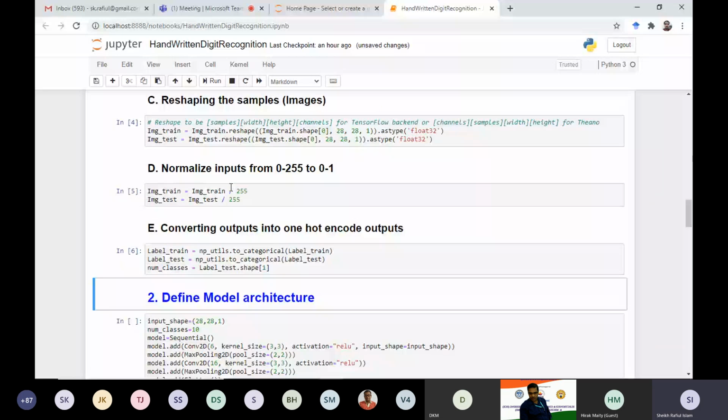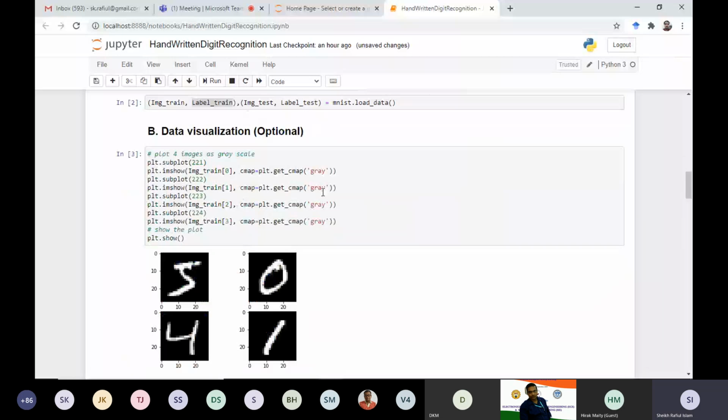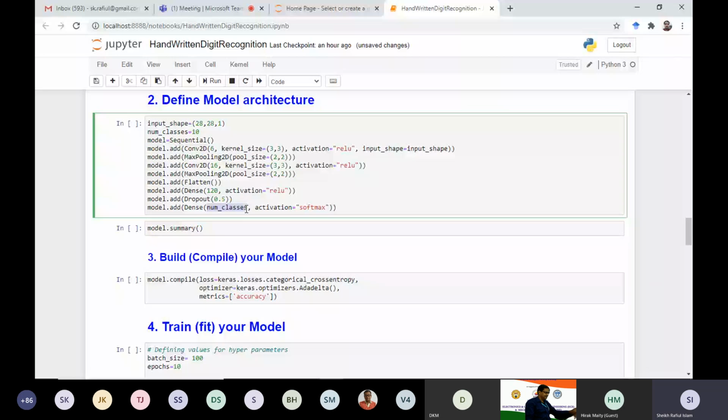See, now we come to the final layer. Here we have used the number of classes, as I already mentioned that in the final layer there are 10 classes, that is 0 to 9. So that value you need to mention here. Instead of using this variable, you may skip this line. You can directly assign the value 10 here. And if you notice, the activation function we have used there is softmax. We have not used ReLU here.